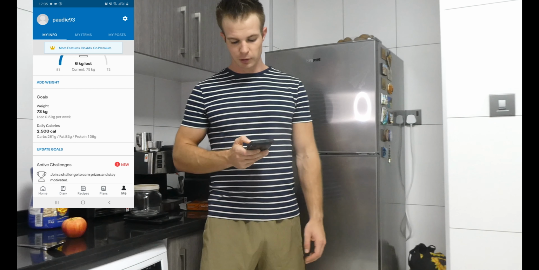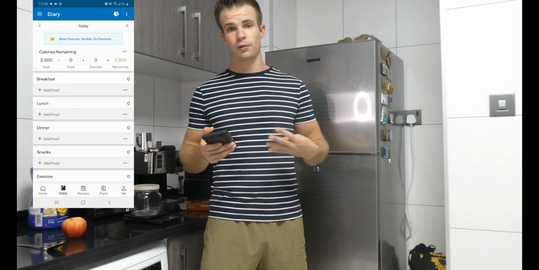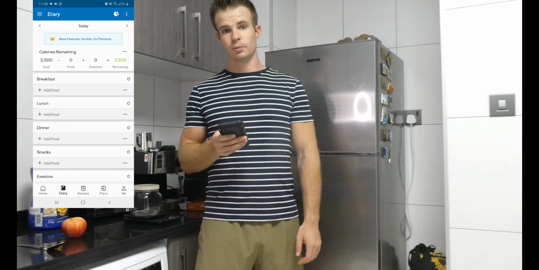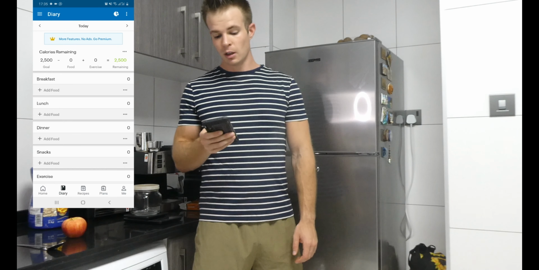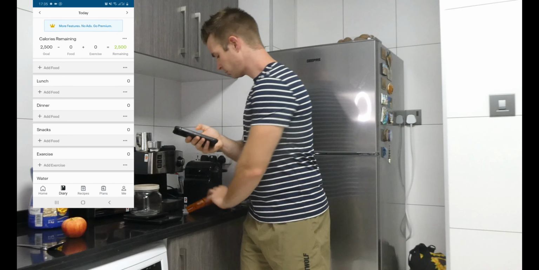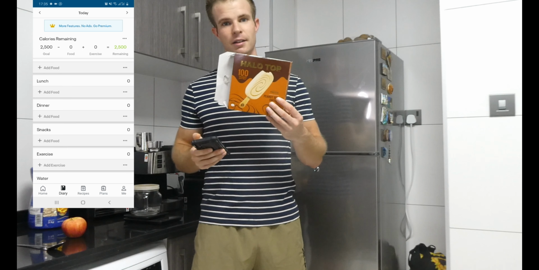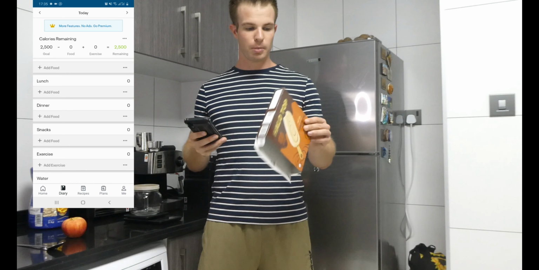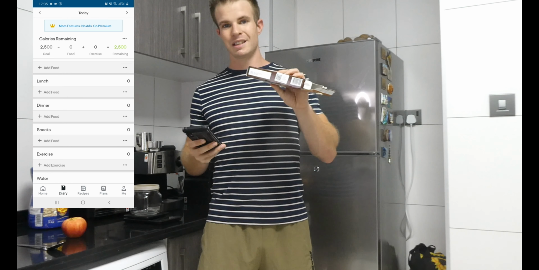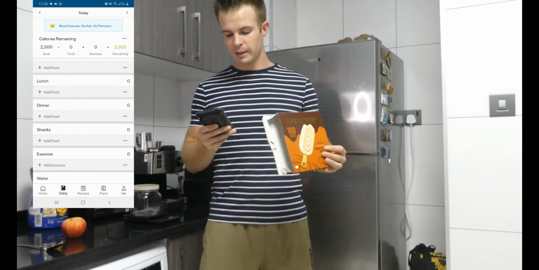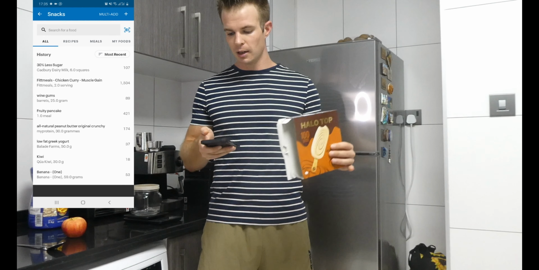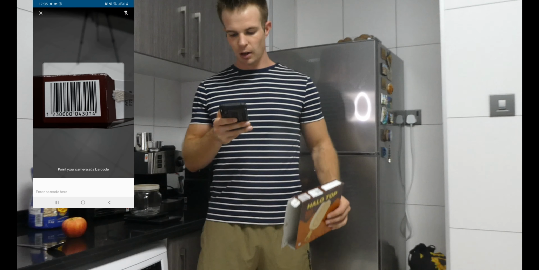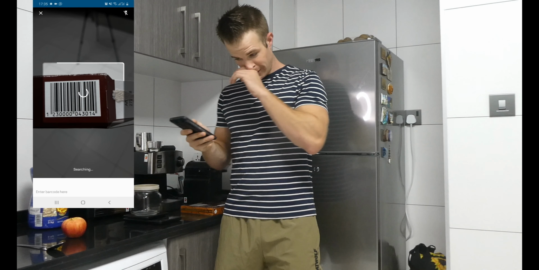So we're going to come over to diary. Now there's 5 different ways of tracking foods. Alright, so the first one, nice and easy, would be if I was to have a little snack, like a bit of a Halo Top. What I would do, on the back of these boxes, or somewhere in this box, there is a barcode. And nice and easily, you can open up MyFitnessPal, you can scan the barcode of that Halo Top,